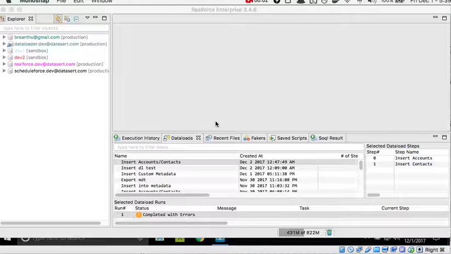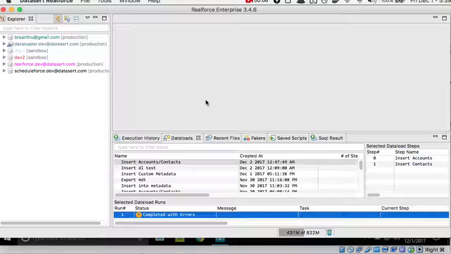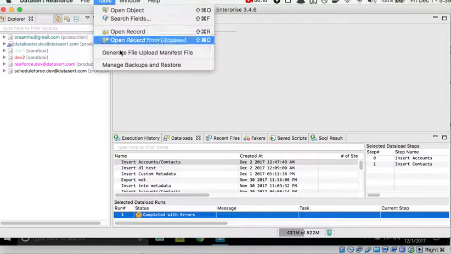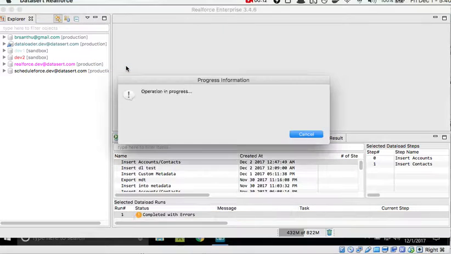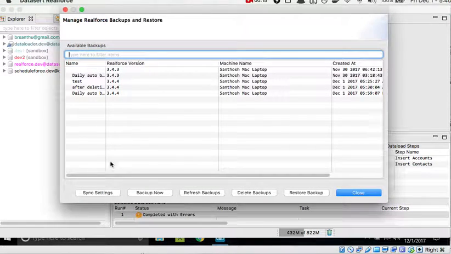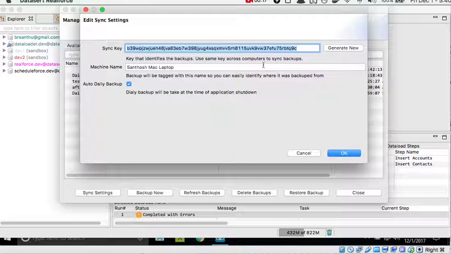In this version, we're going to talk about the backup and restore feature, which is introduced in version 3.4. So go to the tools and select manage backups and restore. Here, you can click on the sync settings, so it comes up with this particular